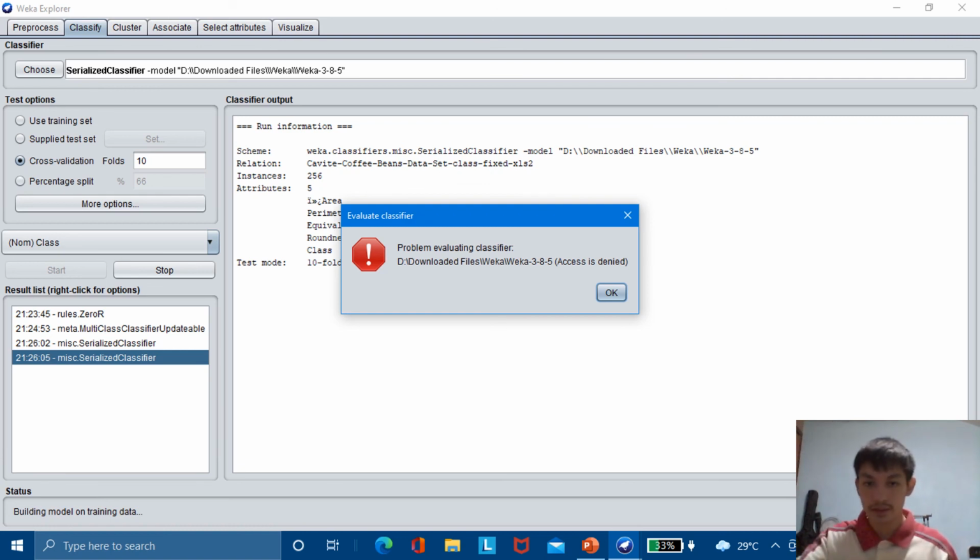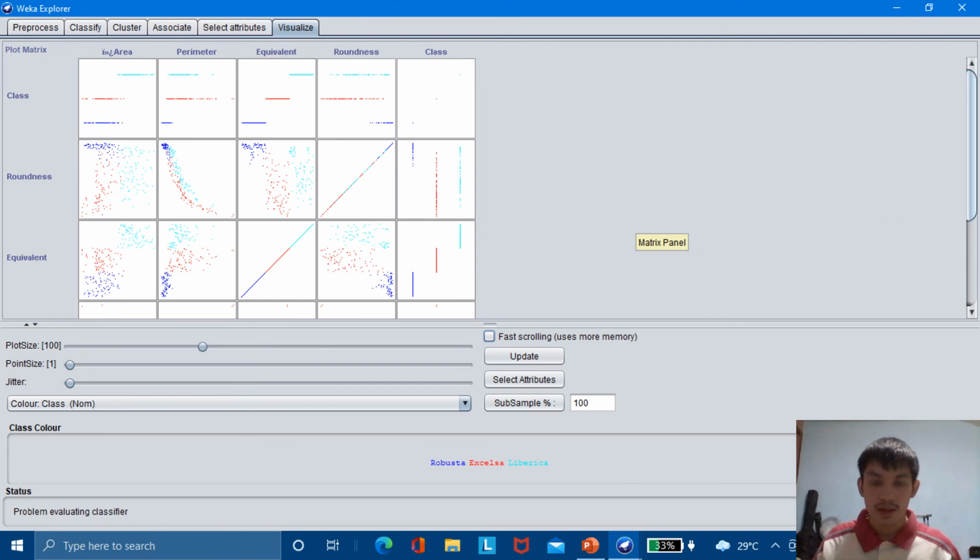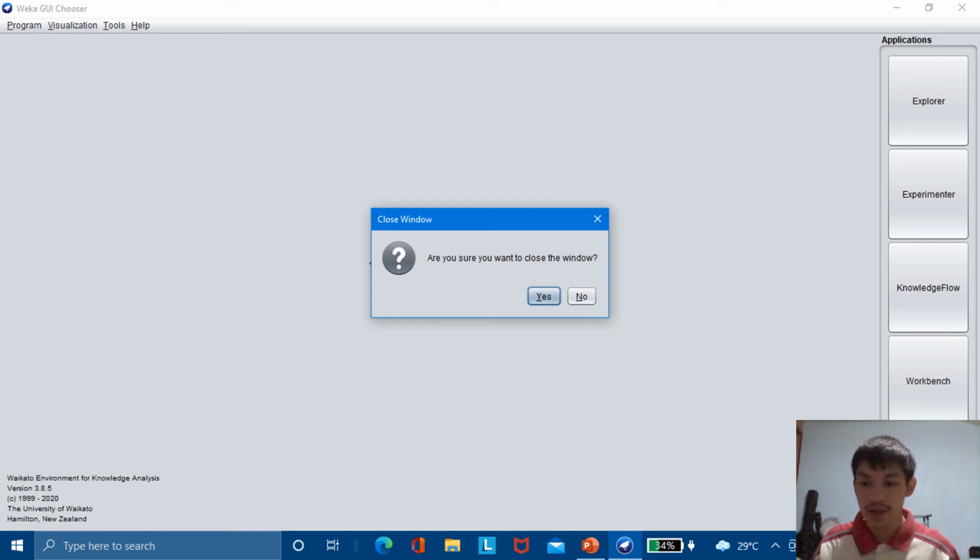Okay, next. Let's go to the Visualize tab. Here we can see the class, roundness, equivalent, area, perimeter, equivalent, roundness, class. Here are the graphs. Here is the plot size. You can see the matrix panel of this dataset. Okay. Next, we are done. We can save changes and